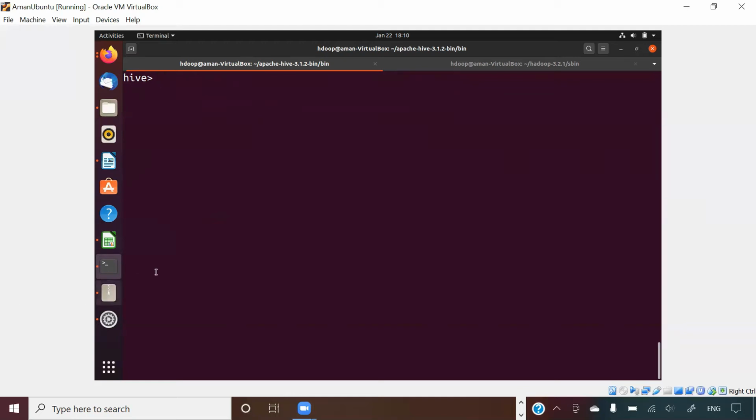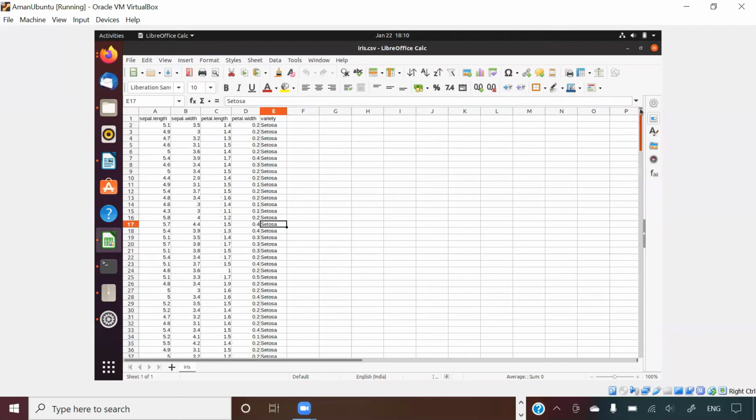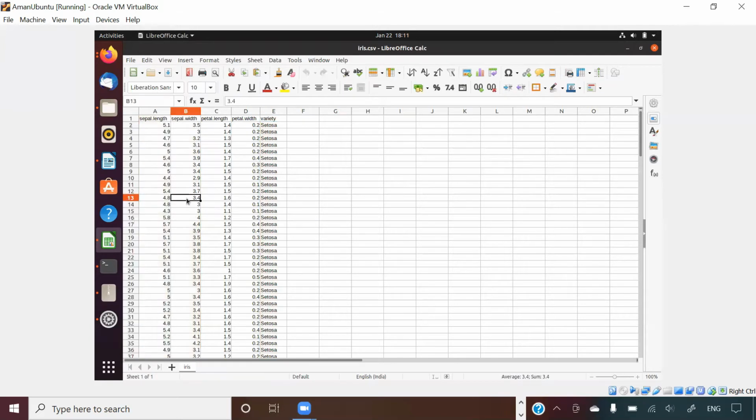So guys, I have downloaded a file here, a CSV file. All of you must be aware of this file. This is a very simple iris database file, iris file. So sepal length, sepal width, petal length, petal width. This file is a very common file in data science learning, right? So I will try to load this data in one of the Hive tables. For doing that, I should first create a table with this kind of schema. When I say this kind of schema, it means these columns: length, width, and variety. Okay. So let us create a table with this structure and then we will load this data, right?